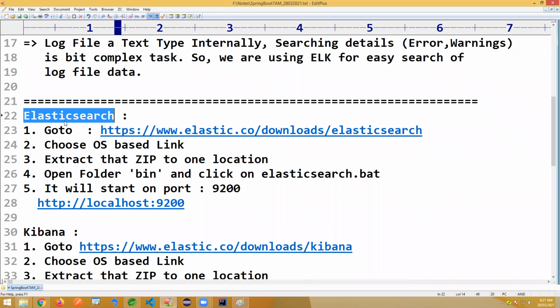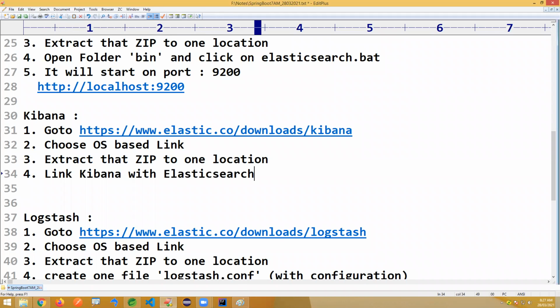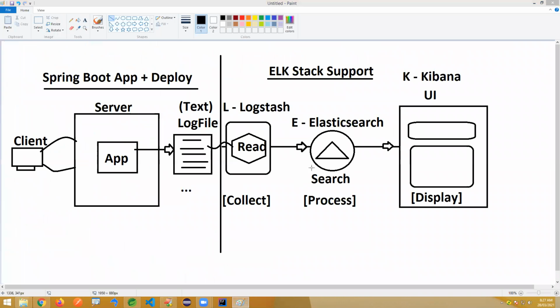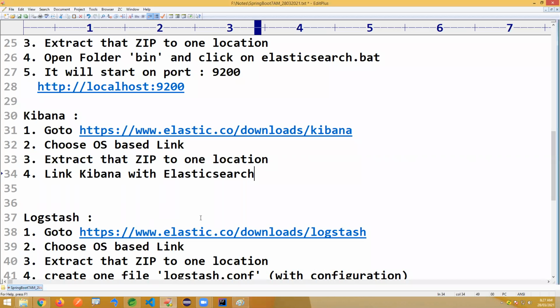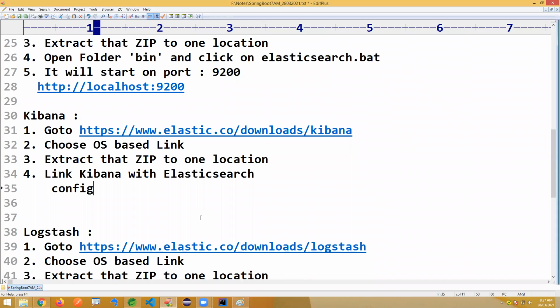Here we have the Elasticsearch software and the Kibana software, and we have to link these two. How to link? We have one file under the config folder, kibana.yml. There we have to uncomment one line.